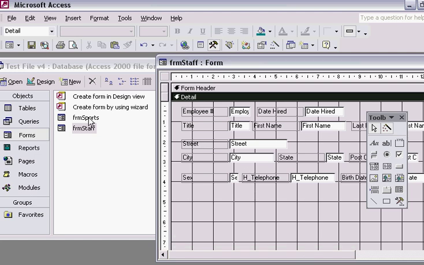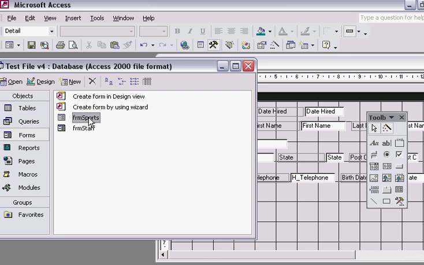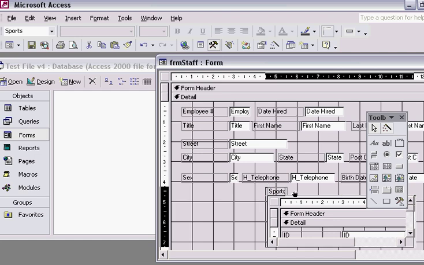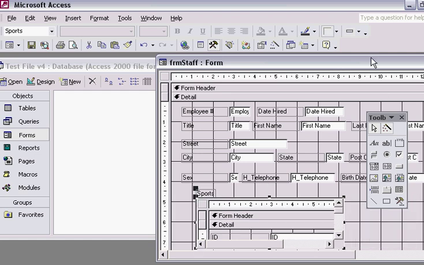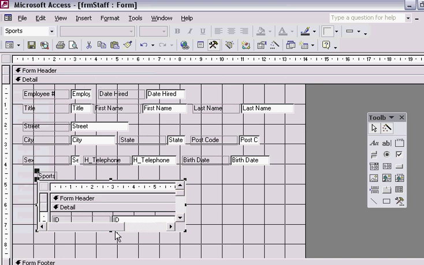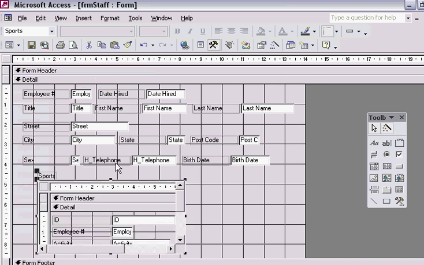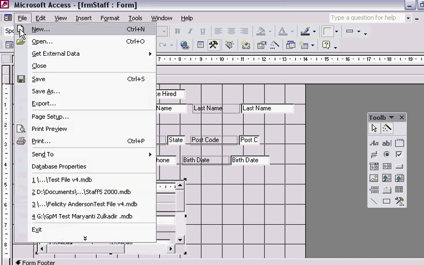I come over to my form here, the datasheet form that I created previously, and I simply drag it over to my screen here, and when I release, the form gets plotted into the screen there. If I maximise the window, make it a bit bigger, view the data now,